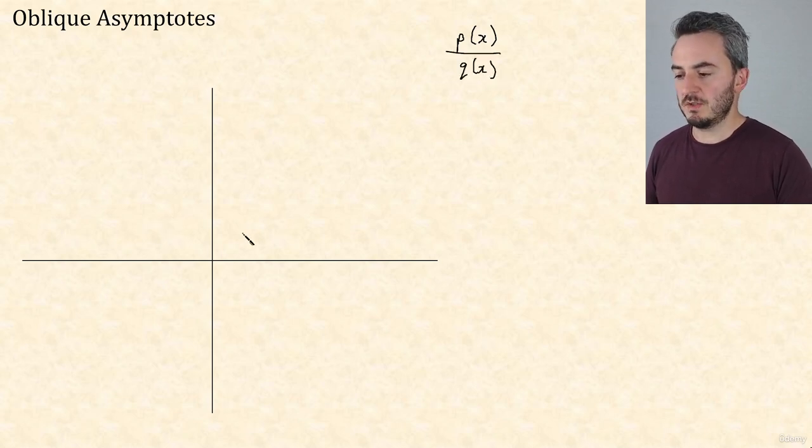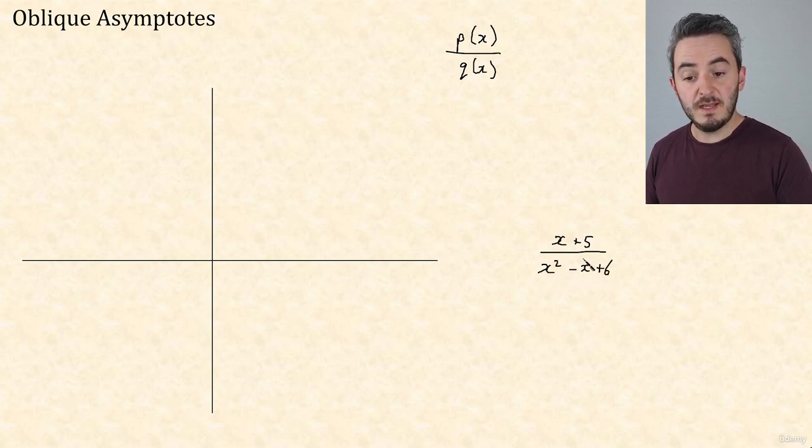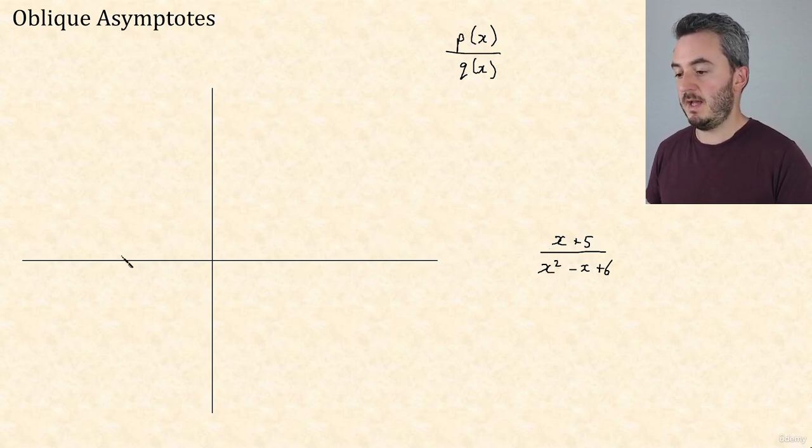We saw we got horizontal asymptotes in two instances, either if the degree of q of x was bigger than the degree of p of x, meaning we've got something like a linear term like x plus 5 divided by a quadratic term like x squared minus x plus 6 or something like that. In this instance, as x tends to infinity, the whole function tends to 0, and we have a horizontal asymptote